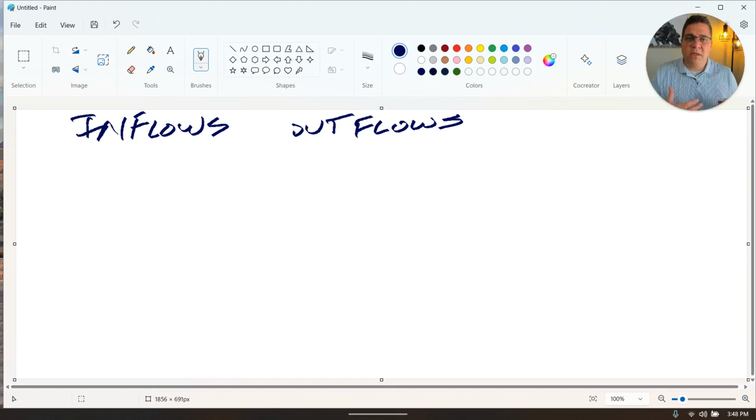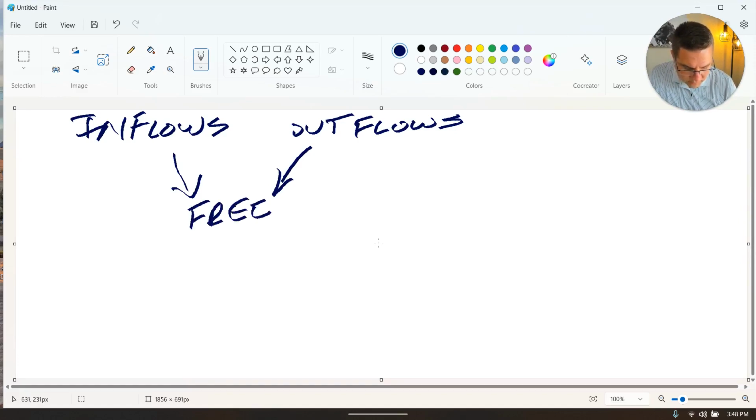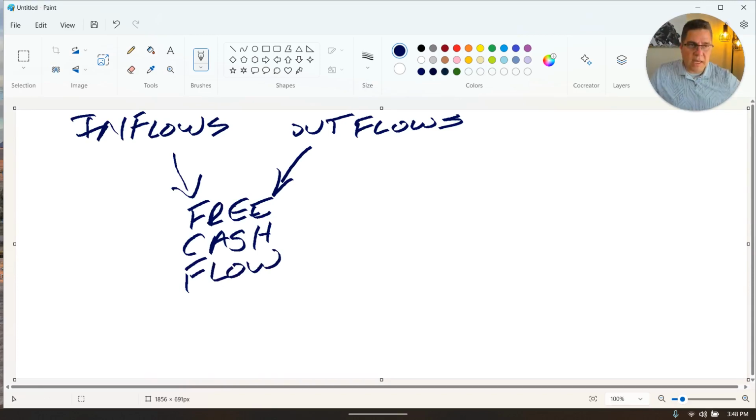Now, what we have in between the two, inflows and outflows, is the free cash flow. The free cash flow is what you are able to create wealth with. If your burn rate is the same as your inflow, meaning all of your necessary expenditures consume 100% of your inflow, there's going to be a little bit more work that needs to be done to find and free up that excess on a monthly basis. But for most, you look at what your expenditures are in comparison to income, and there should be extra at the end of each month.